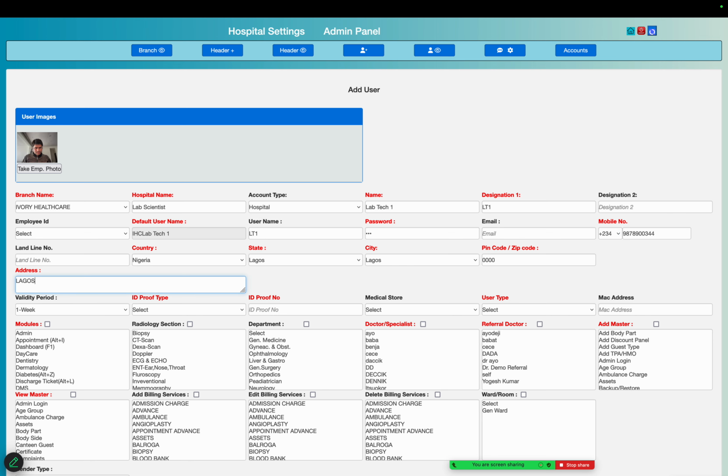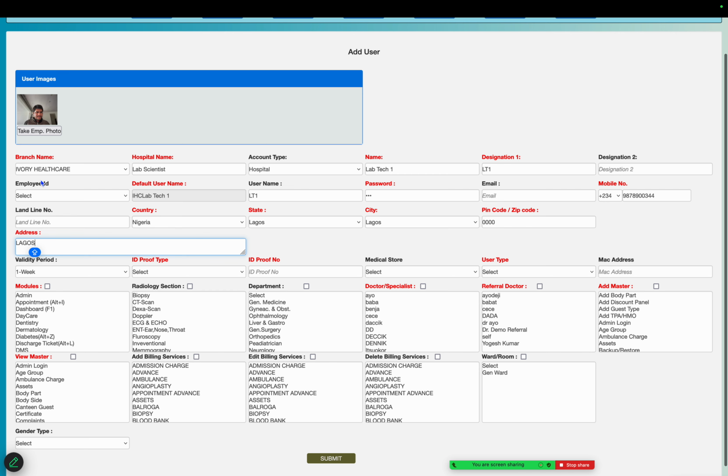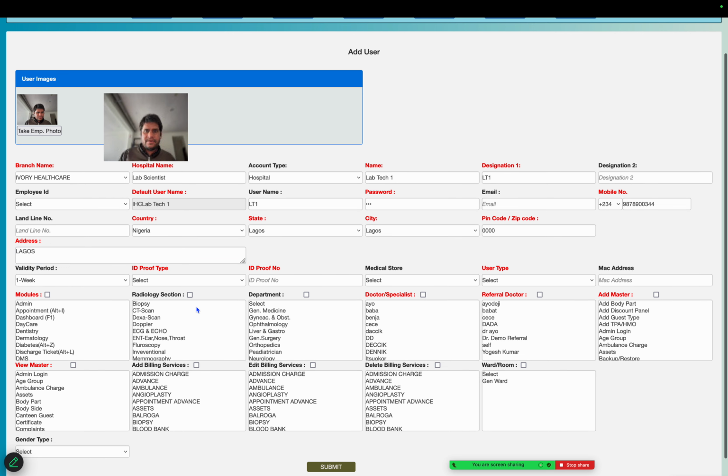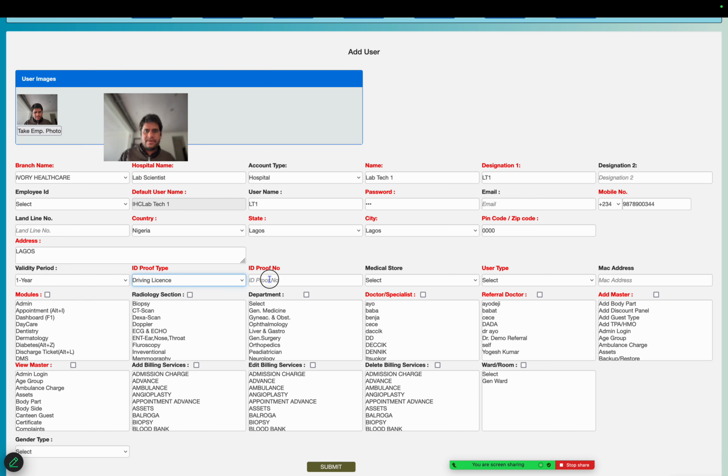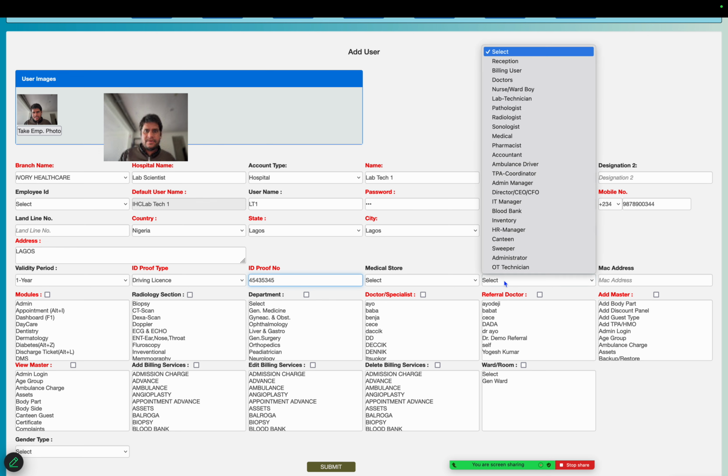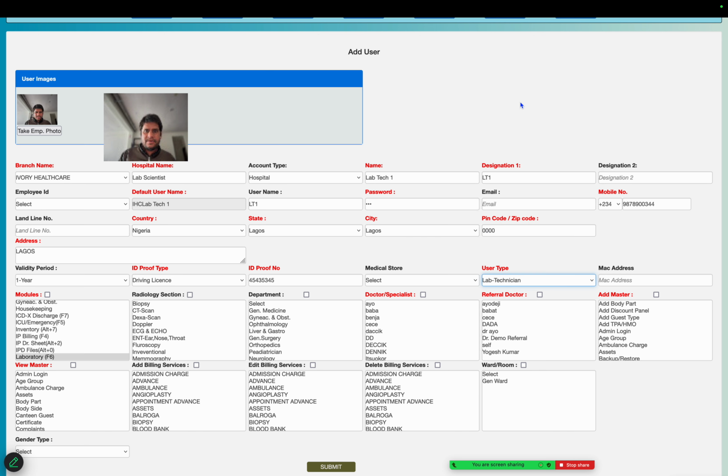It is Lagos. Okay, and we can also take the employee photo if needed, and the duration for how long we need to allow the user, and here the ID proof of the employee, and here we shall select the lab technician if it is non-admin. If it is the admin, then we should select a pathologist. Okay, these are the laboratory and radiology types, this is the laboratory type, so we select here lab technician. So it is the junior employee, and the lab pathologist is the senior employee.